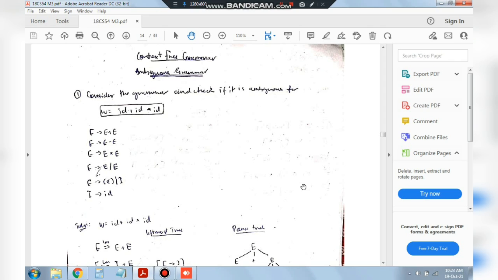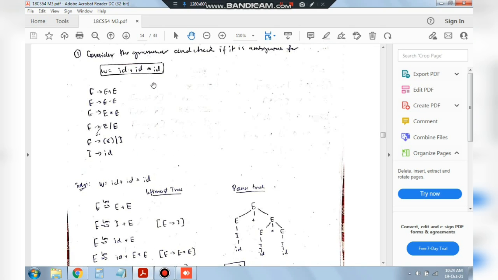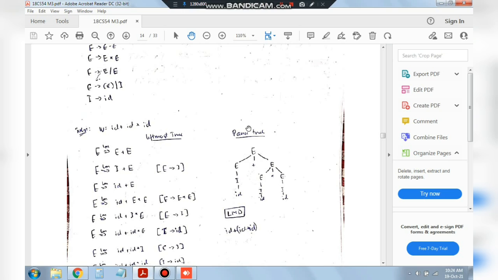Now we have to focus more on what ambiguity is. Ambiguity means when we generate the parse tree for the leftmost and the rightmost derivation, it should be equal. If it's not equal, that means it's ambiguous. So let's see how to identify if it's ambiguous or not. For example, if this is the question which I had solved earlier also, id plus id star id, let's see if it's ambiguous or not. Firstly we'll do the leftmost derivation, then we'll make the parse tree for it, and then we'll do the rightmost derivation and make the parse tree for it. Then we'll compare the parse trees. If it's same, it's not ambiguous. If it's not same, it's ambiguous.